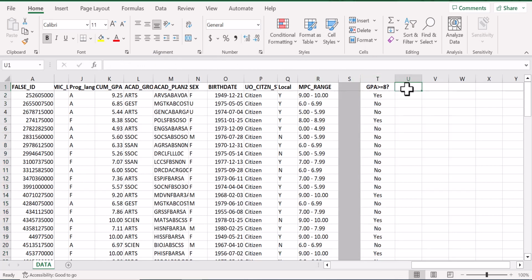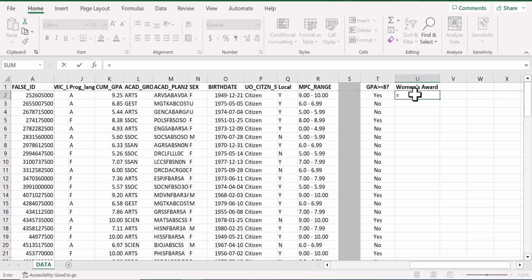Now in cell U1, I'm going to type Women's Award. Let's double click column U to adjust to that width. Now in cell U2, I want to type a formula that evaluates whether the student has a GPA over 8 and if they are female. So I type IF,